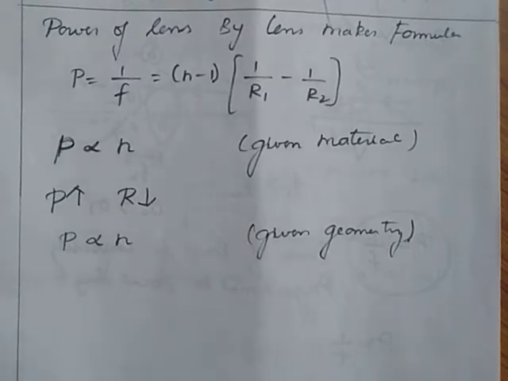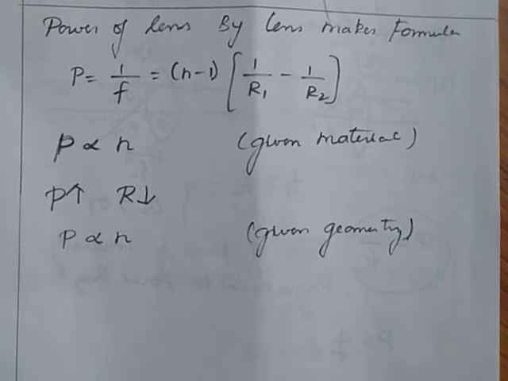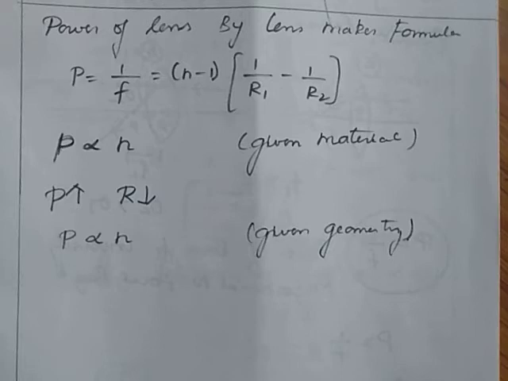See, power of lens is nothing but the deviating ability on the incident light when light falls on it. That is denoted by the symbol P. Then P is equal to 1 by F. If focal length is small, the power of lens is more. The unit of power of lens is diopter. For a converging lens, that is a biconvex lens, the power of lens will be positive, and for a diverging lens, power of lens will be negative.